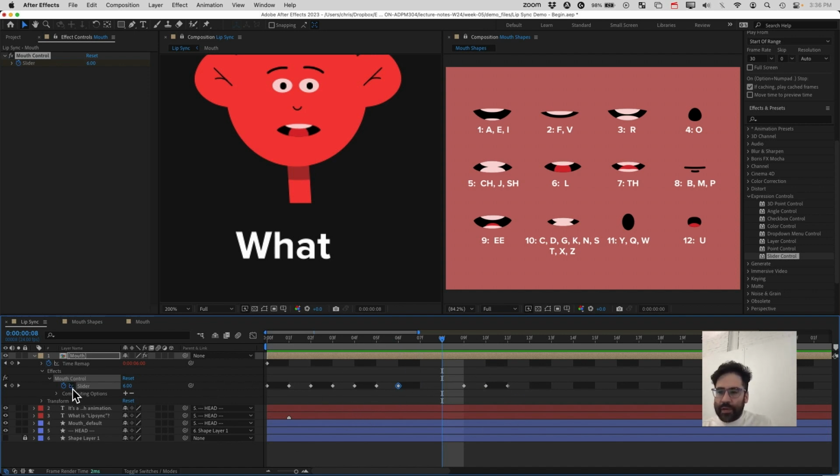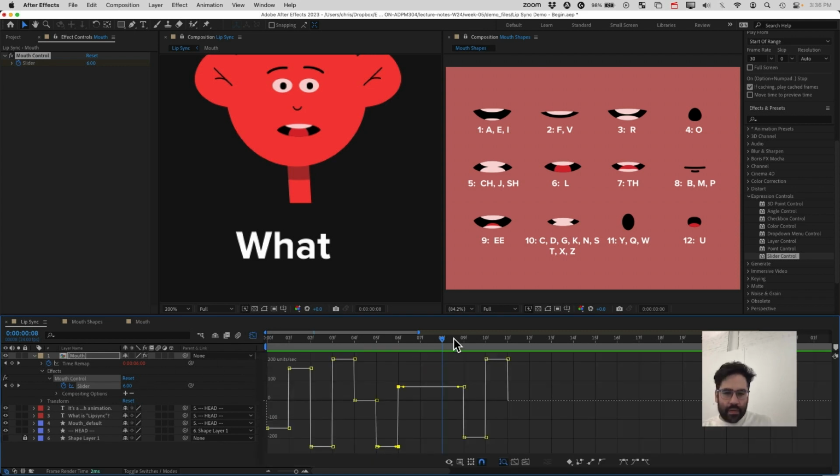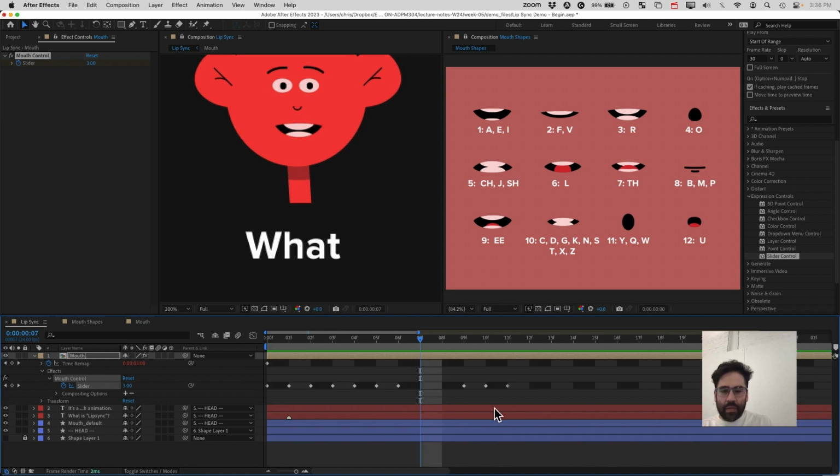And if we look at this on the graph editor, we'll be able to see why. So, oh, actually, that's strange. I did not expect to see it like that. So, yeah, I think this might be a side effect of working with the slider. But I want to make sure that these are hold keyframes. So let's jump back to